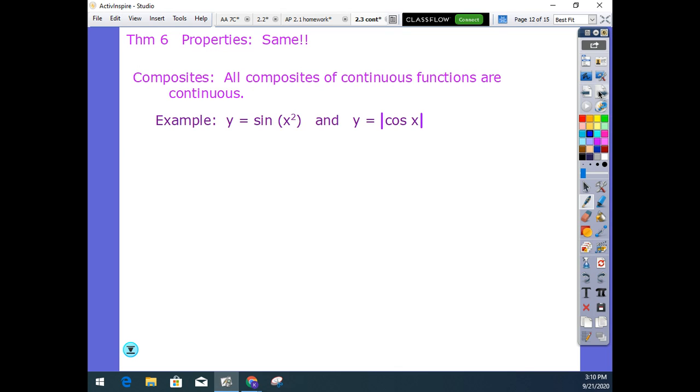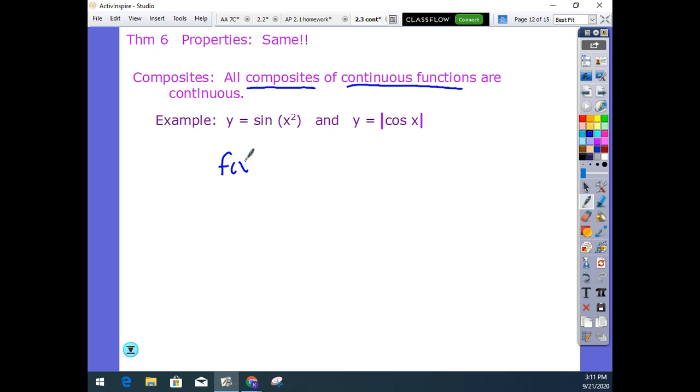All right, this wants you to write out the properties, this is like the third time of writing out the properties of limits. The properties of continuity are the same as the limit properties. All right, this just says composites of continuous functions are continuous. So for example,